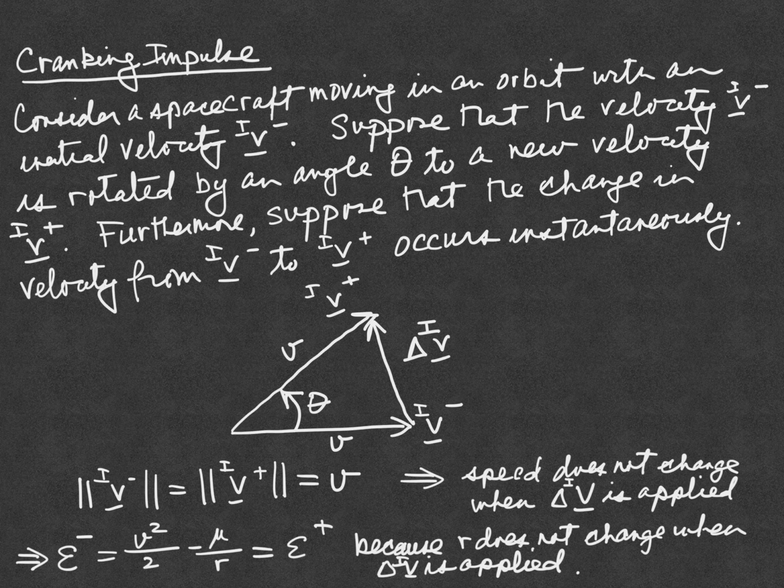So now, given all of this information, we can see that the orbital energy does not change during the application of a cranking impulse, and the goal now is to determine